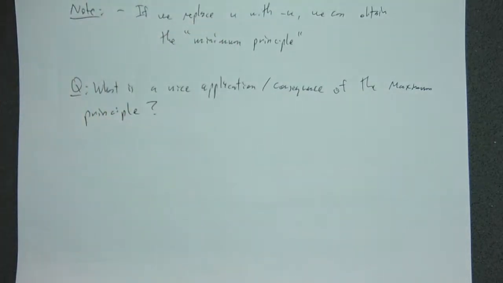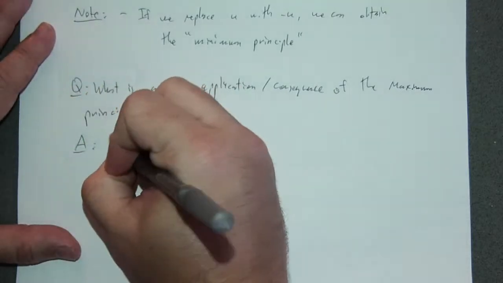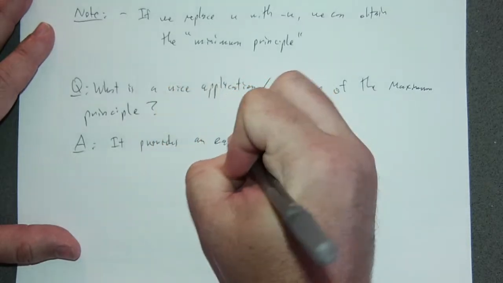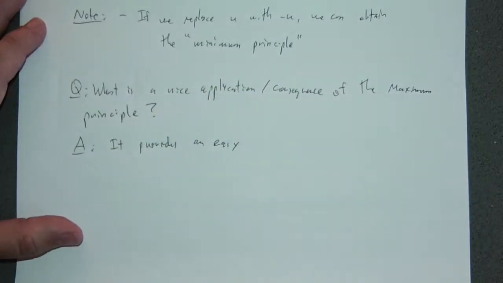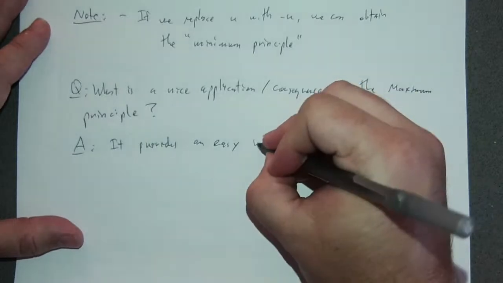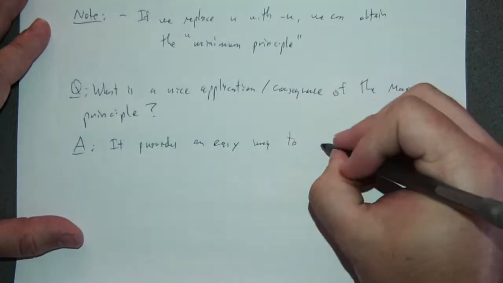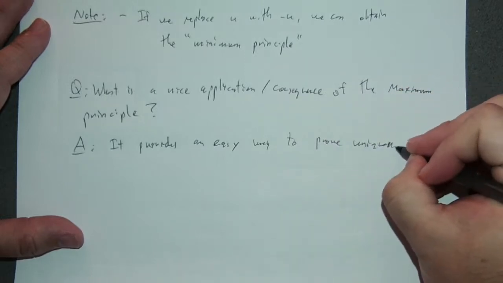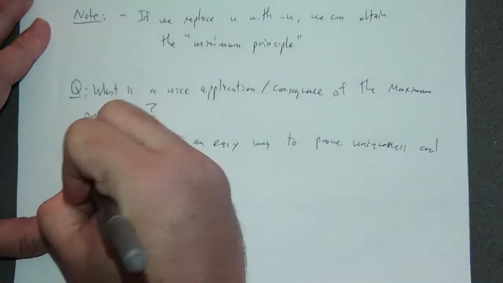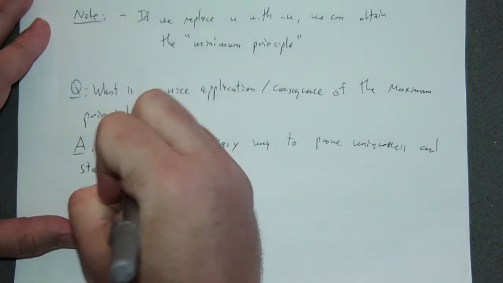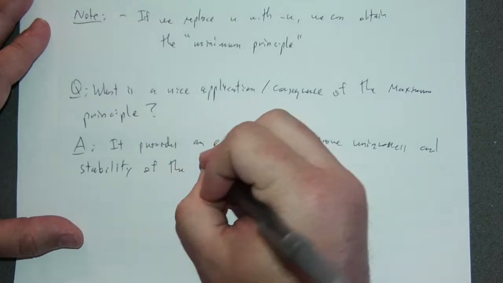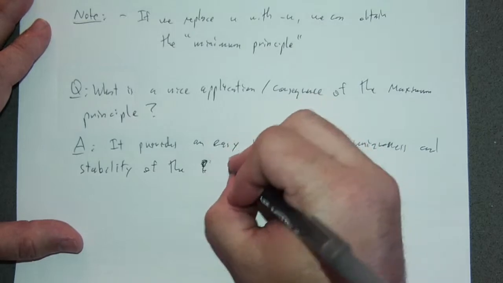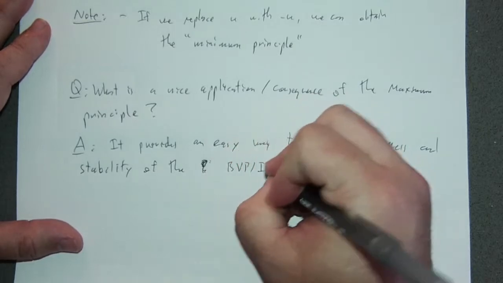The answer is that it provides an easy way, and one of these will be one of your upcoming homework problems, it provides an easy way to prove uniqueness and stability of the BVP, IVP,